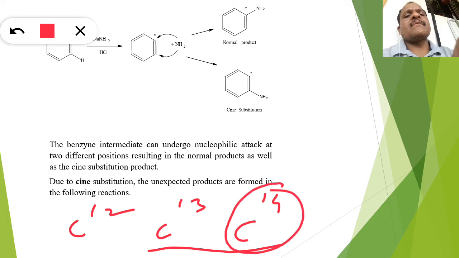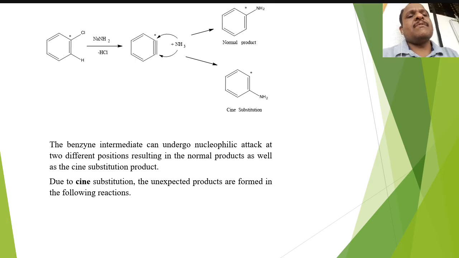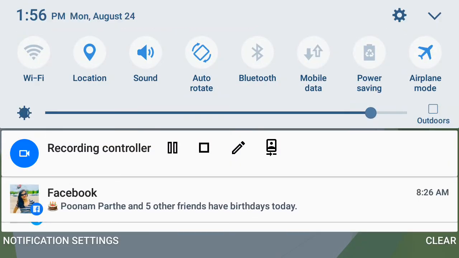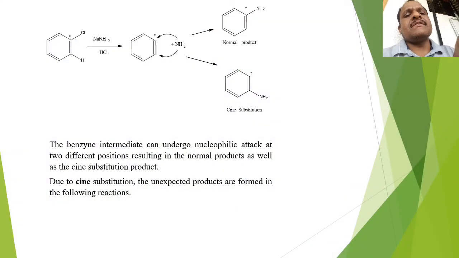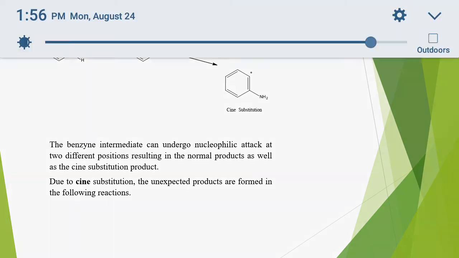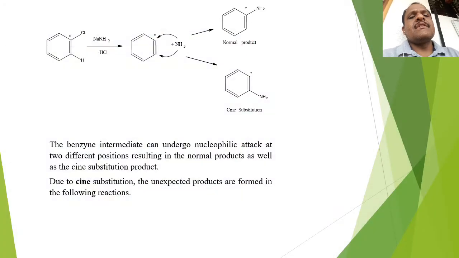as an isotope, then you can see that the carbon is labeled as a star. It is labeled as a star. You can see here, this is a star, sorry. The Cl group is attached to that carbon with the star. That means this is a labeled carbon, right? That means where there is formation of triple bond,